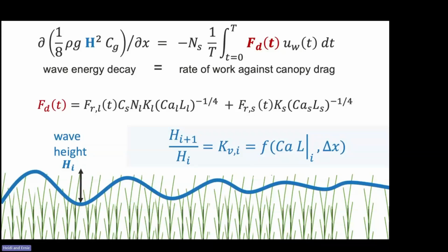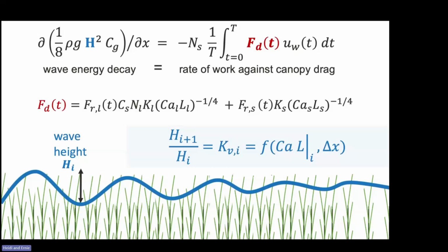The rate of work is the force times the velocity, which we integrate over the wave period, T. So quickly, under the wave energy decay, rho is the fluid density, g is gravity, H is the wave height, and cg is the group velocity. So its spatial decay is equal to the rate of work against the canopy drag, where N_s is the number of stems per bed area, and the force is the force we defined in the previous slide, which includes the